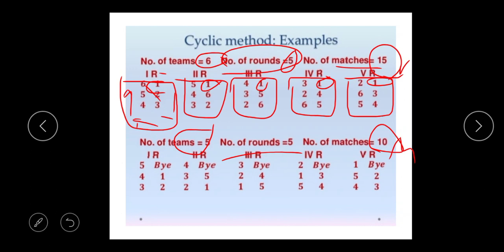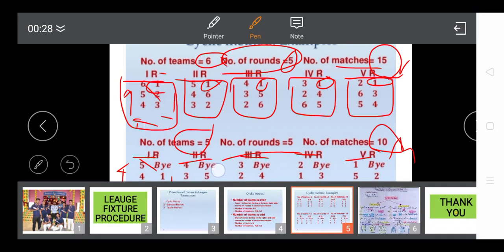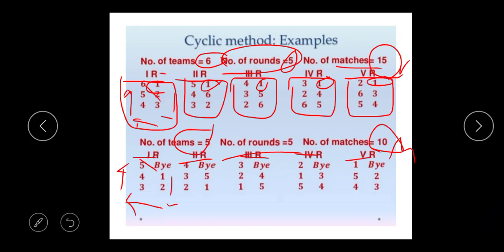How many rounds are there? 5 rounds. This is the first round, second round, third round, fourth round, and fifth round. The fixed number will be fixed in every round. After that, the rotation is in the clockwise direction. It's clear beta? See the rotation. Understood beta? Usually we are making 1, 2, 3, 4, 5, and then 1 rotation. In the next round, 4 will be up and 5 will come down, near the 5.